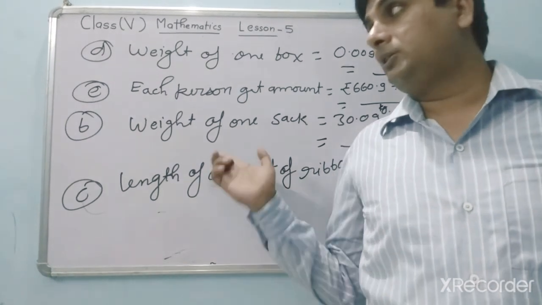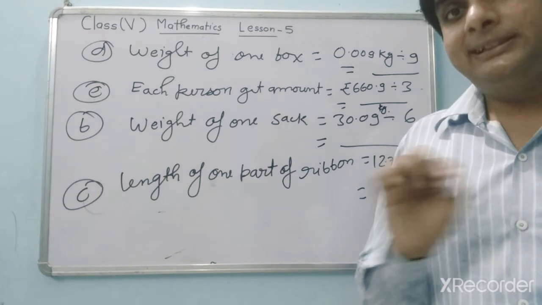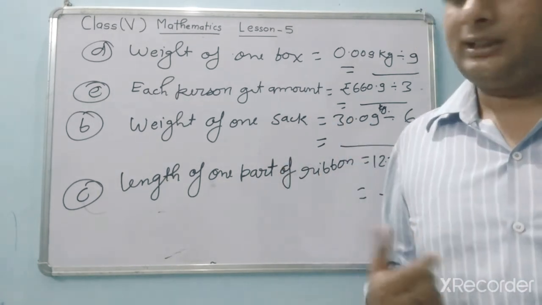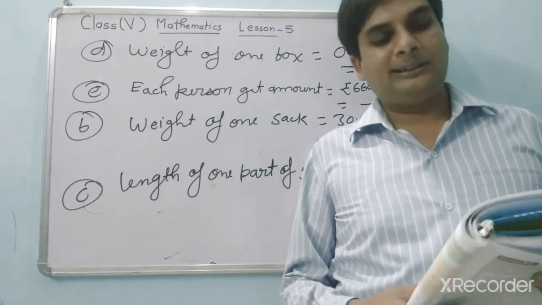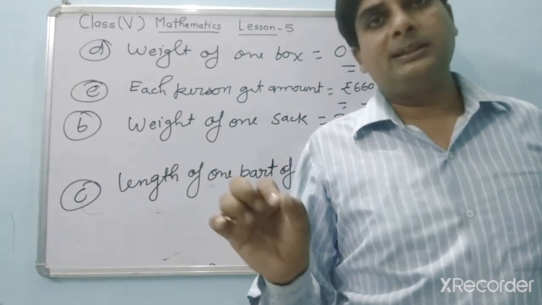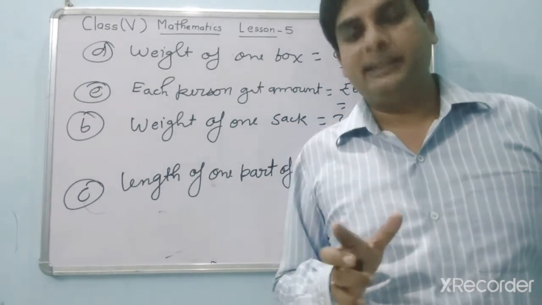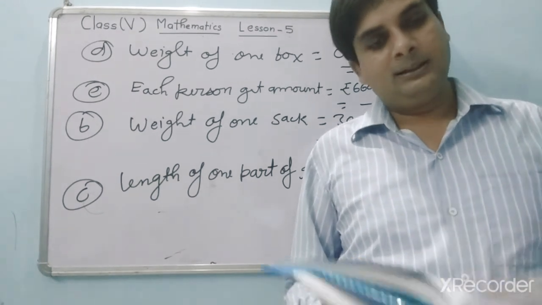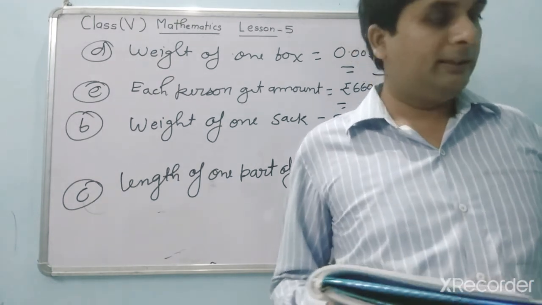So this is the way you can solve the question. You are seeing how simple the questions are. Only read the questions, find the statement, then do the process, and in the last you will get the result. Okay. So now this exercise is over. You will solve each question properly with the process in your copy. Okay. Now we are going to discuss the revision exercise, page number 102.